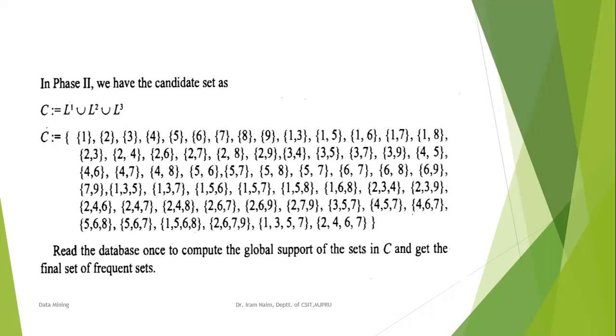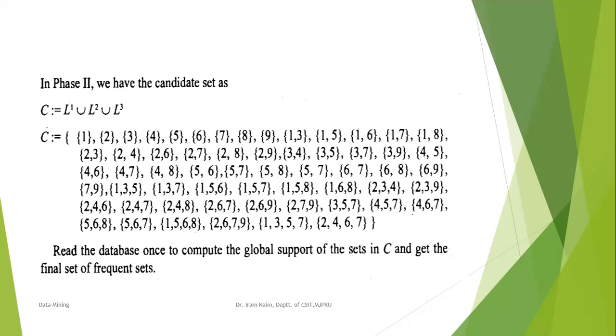Now what is reduced here? It is reduced here to check all the combination values. We'll check the support values for these combinations only. Whatever combinations you get in the local partitions, you need to check for those only. Because in each and every local partition, you have eliminated some of the item sets. Those item sets will not be considered. Only the considered ones, take the union of those item sets.